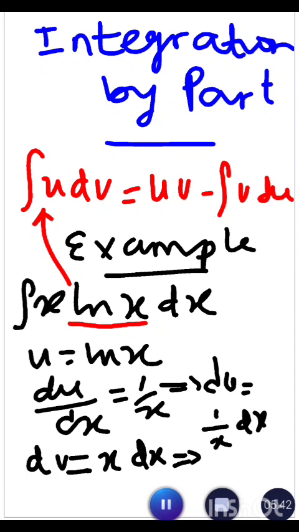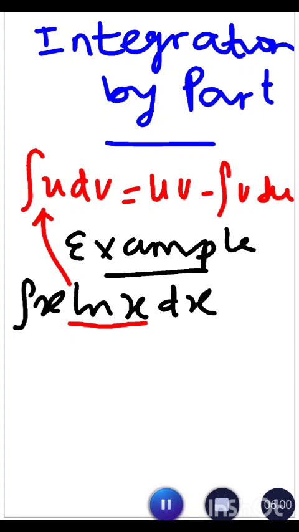When we integrate x, we have x squared, so v is x squared divided by 2. Having obtained our v,